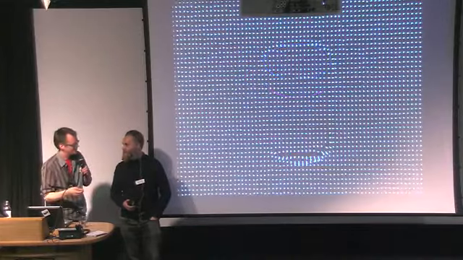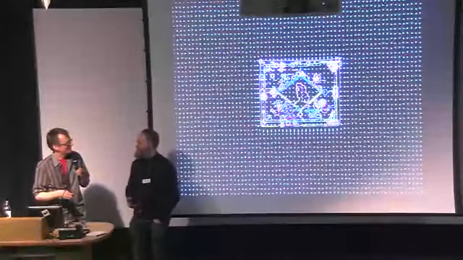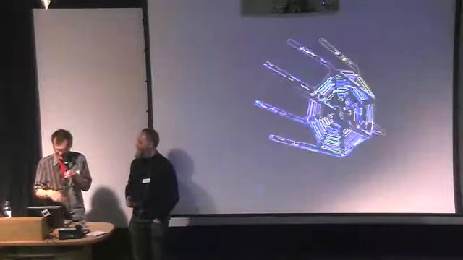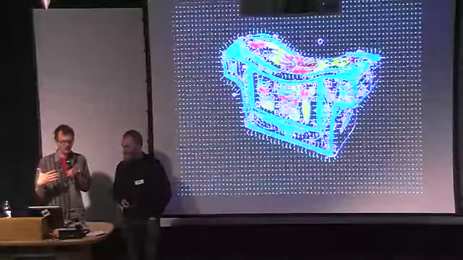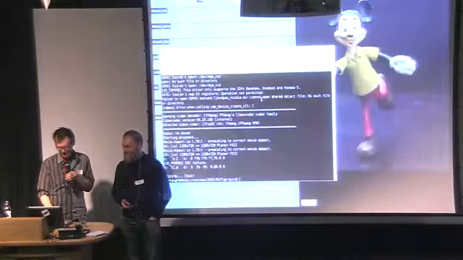What's the OCR software? Tesseract. Yeah, and these are all ways to look at an archive in a different way.